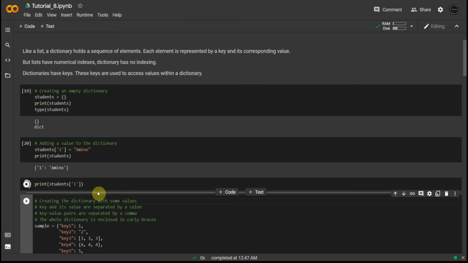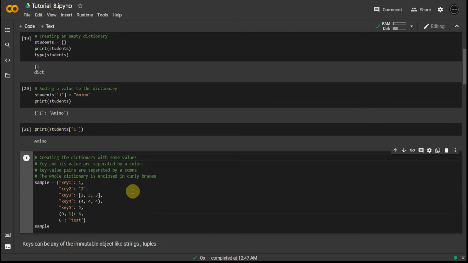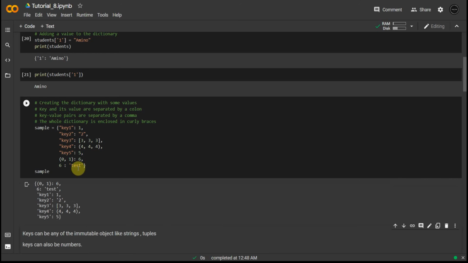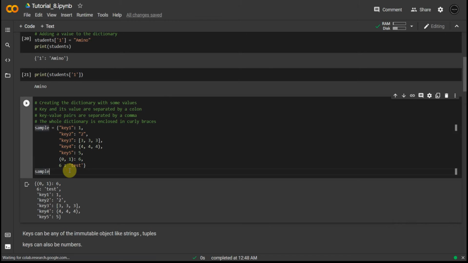Can we have more of these? Yes, we can. We will see in the next example. As you can see, I am trying to define more keys with more values. Now there is a certain set of rules for this, and I'll tell you about them. So this is how we can store multiple keys with multiple values. Is it declarable? Yes, it's declarable. And this is how we can access those keys. I'll show you how we can access those values using those keys. Can we do that right now? Yes, we can, not an issue.